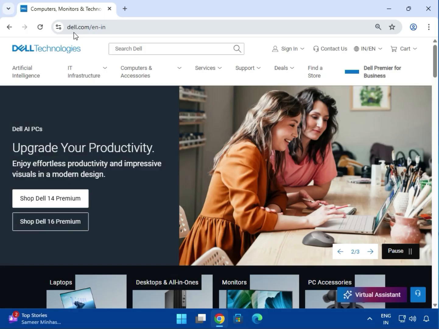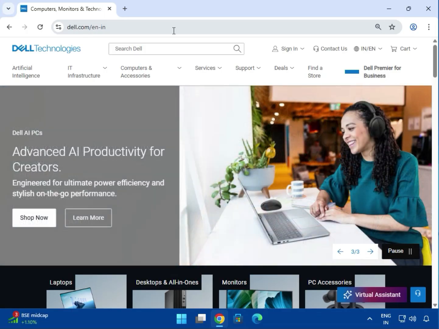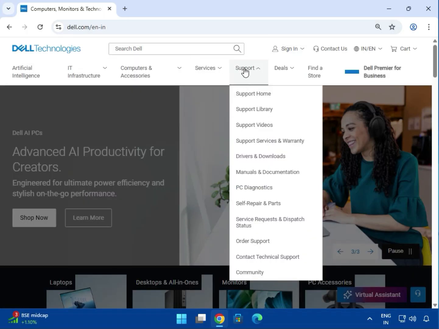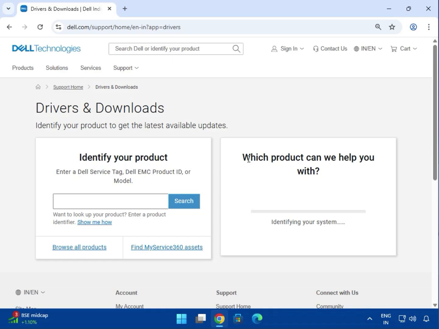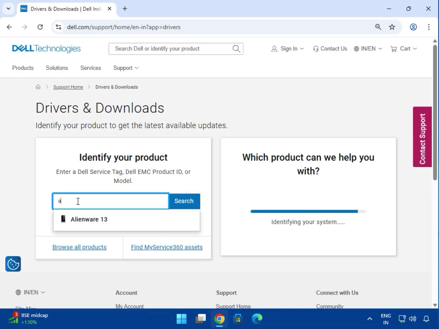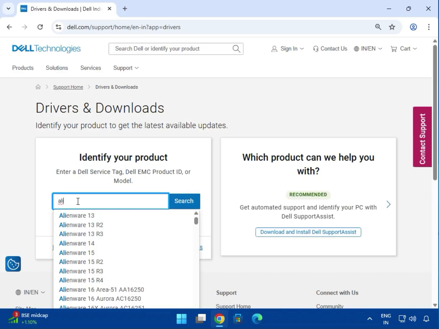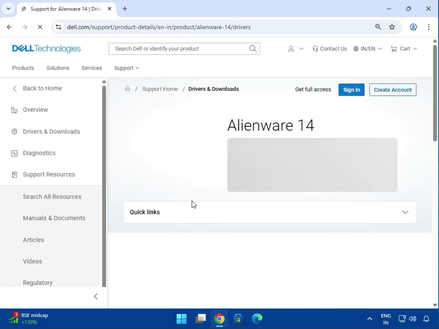So first you have to come to this site, dell.com. After that click on support, then click on driver and download, then enter the model number, Alienware 14. After that click on search,